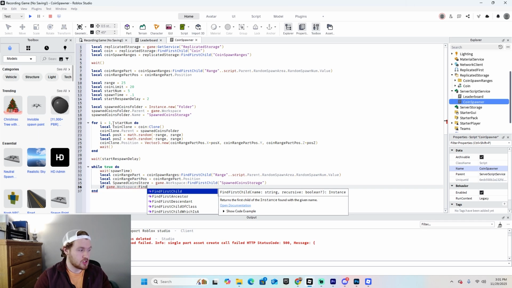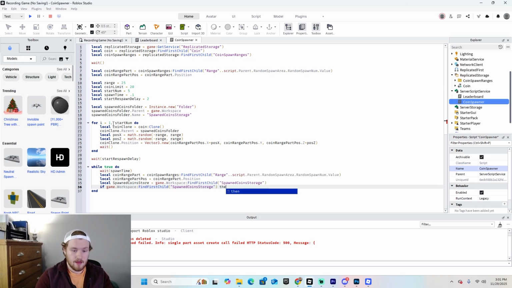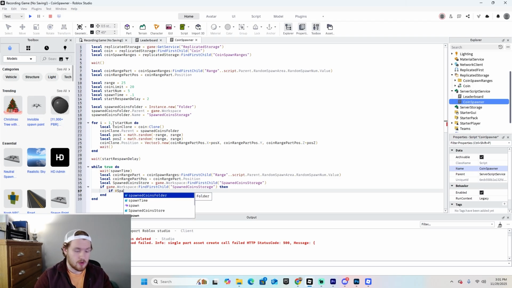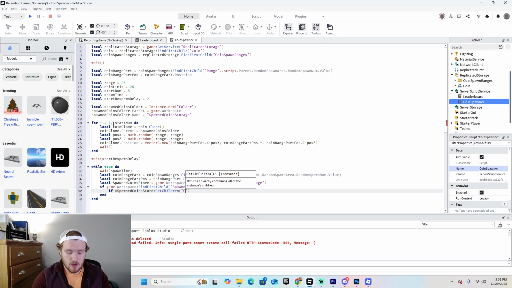colon find first child spawned coins storage, then if number spawned coins store colon get children, then we'll type coin is less than the coin limit, then